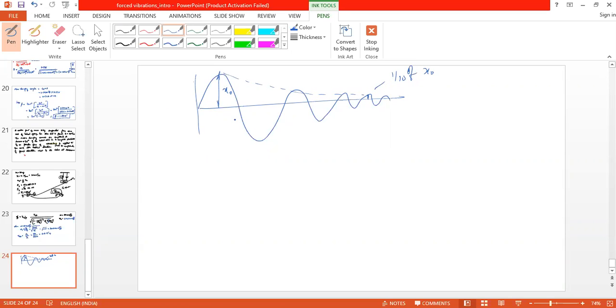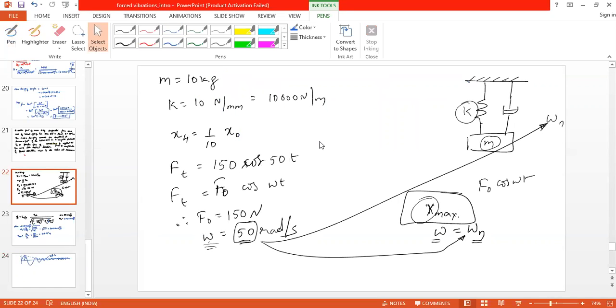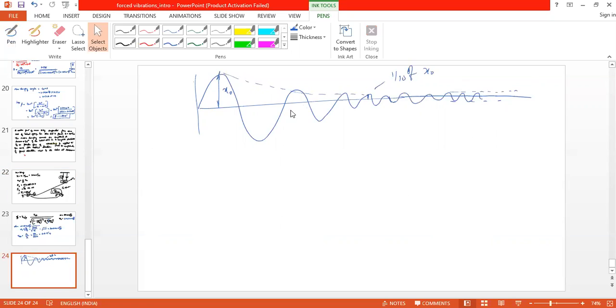See, one thing, listen here. After this fourth or fifth cycle, this vibration may not be zero. Definitely it is not equal to zero, but after some cycles, it will become steady. There will be a continuous vibration with the same amplitude because of the forcing function 150 cos 50t. So in the beginning there will be a maximum amplitude, and after that because of the damping it reduces, but after that there will be a vibration which is the effect of the forcing function.